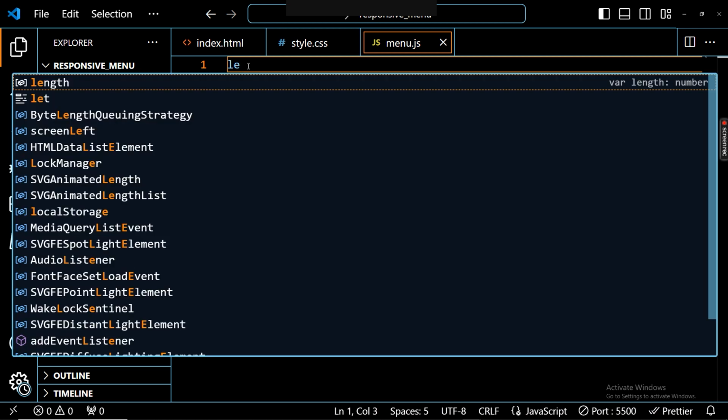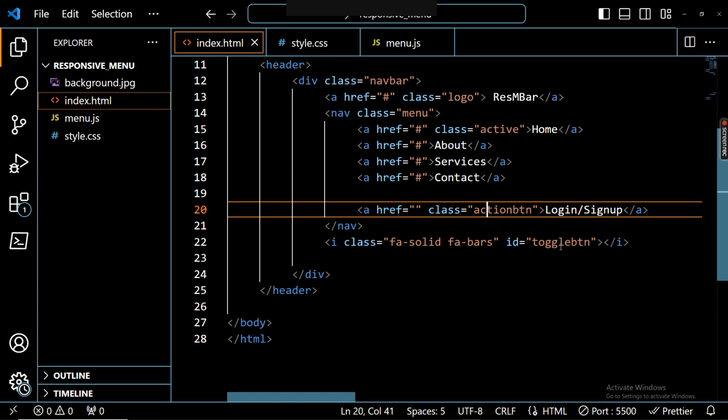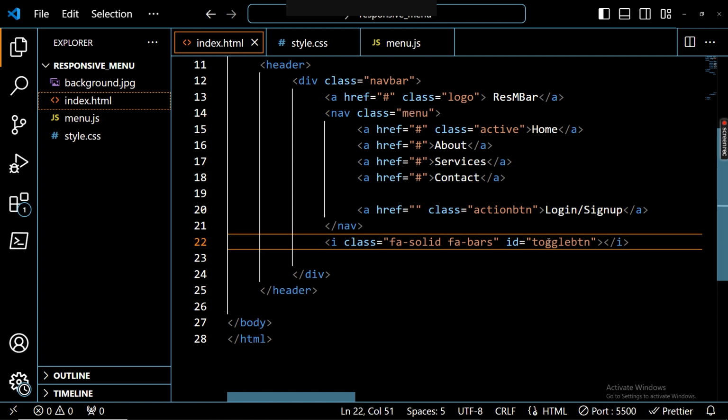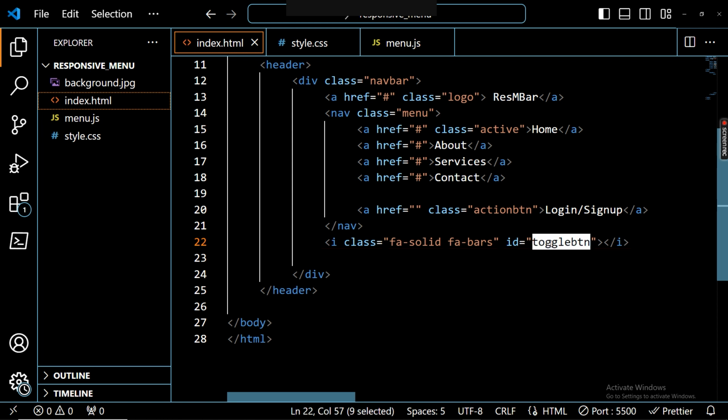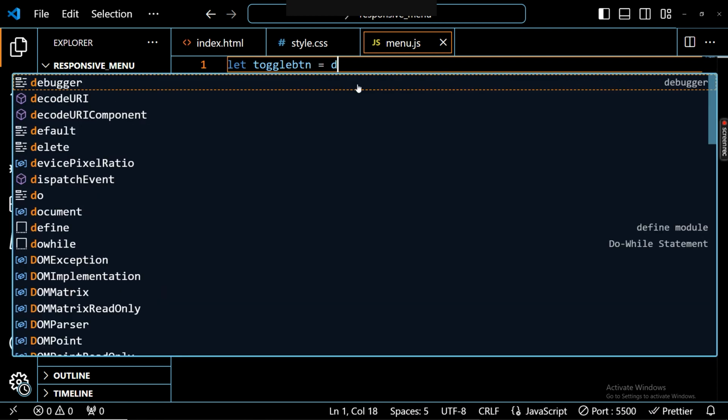Okay, so what are we working with? Let me take you through this. We're working with the toggle button and the menu. Those are the two things we are working with. So we're trying to switch sides. So let's pick this toggle. The variable can be any name, anything you prefer, but I would like to use what is going to be easy to recall. So let toggle button go to document